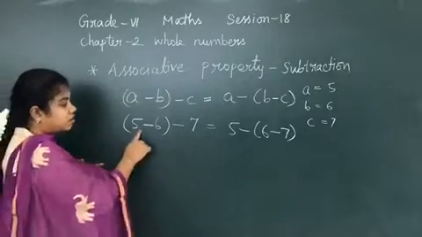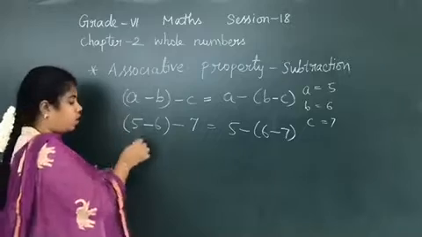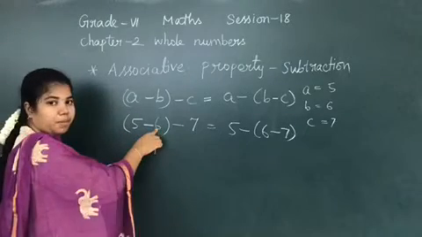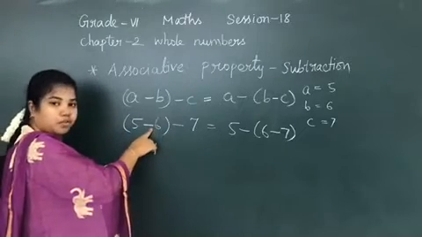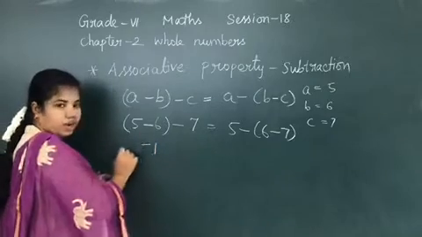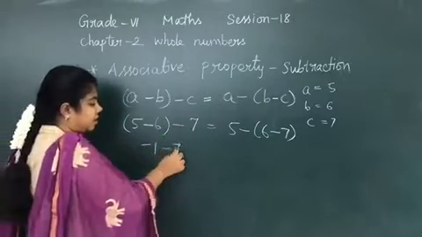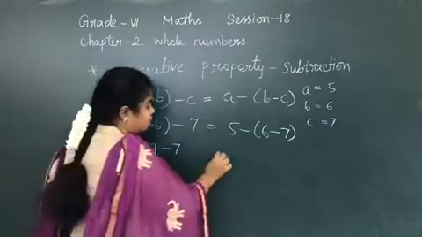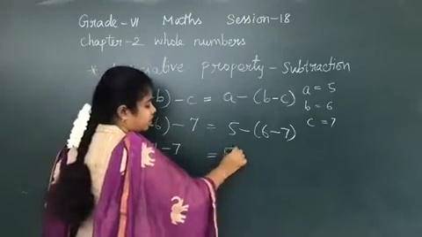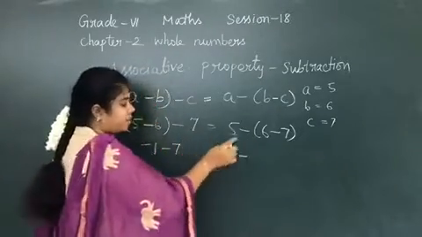Okay? Subtract. What is subtraction of 6 and 5? It is 1. And what is the sign of the bigger number? 6 is the bigger number. And what is the sign before it? Minus. So minus 1. Here again it is minus 7. Let it be as it is. Now which is equal to 5 as it is you can write. This minus symbol as it is you can bring down.